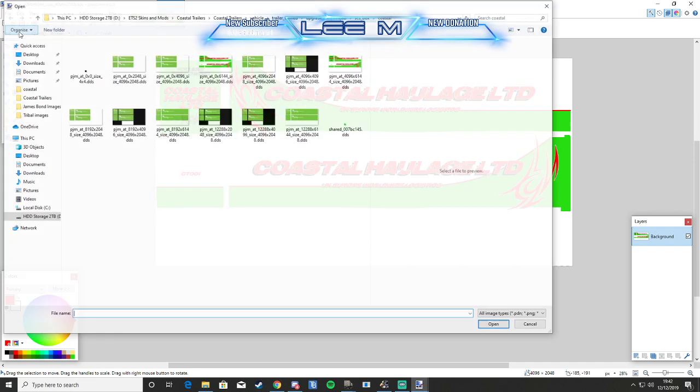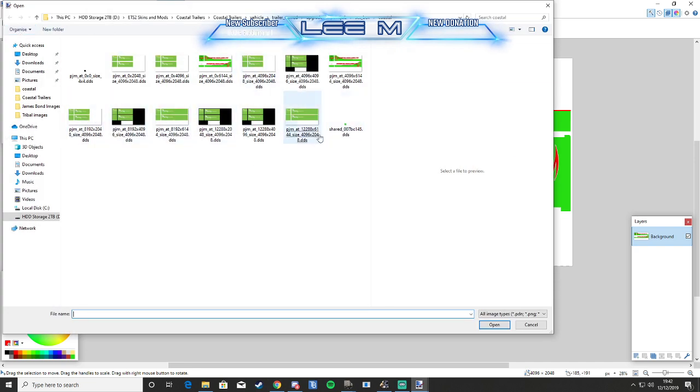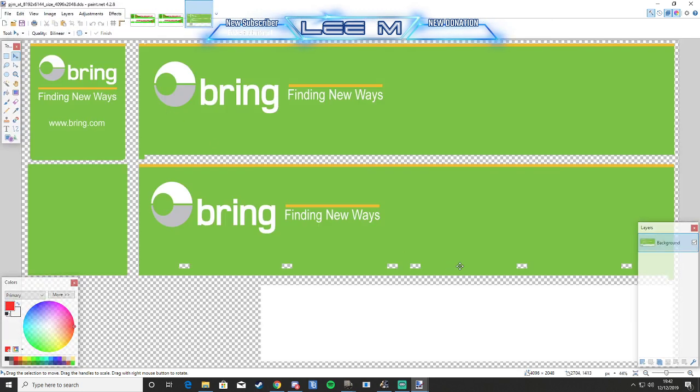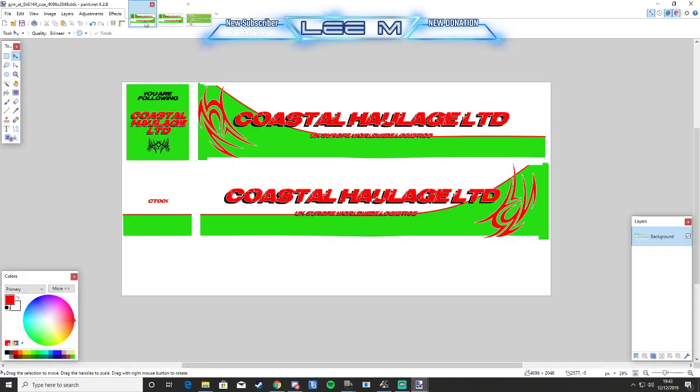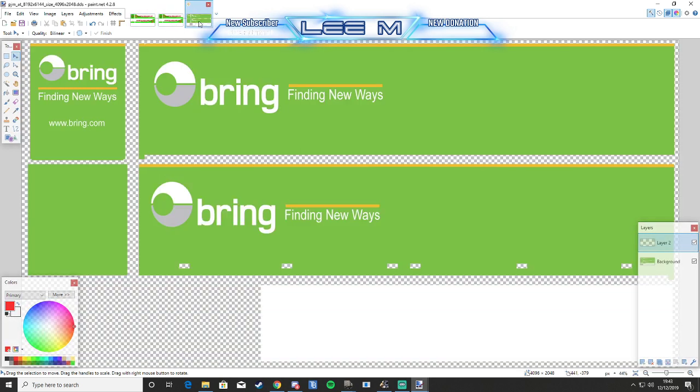So we'll open up the third one. We're not going to touch this one. This is the walking floor. This seems to crash the game. So the next one we'll do will be this one here. So again, same sort of thing. Add a new layer. Control C. Control V,